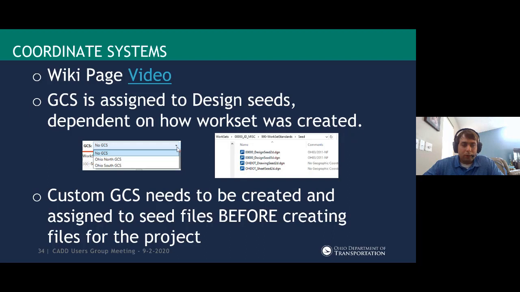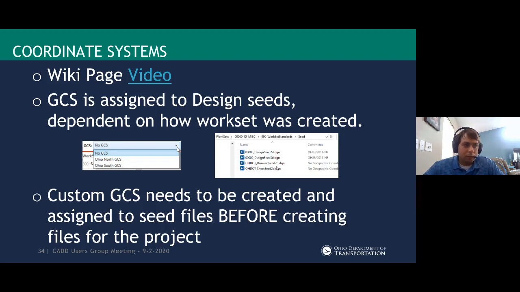Now, typically, workflow-wise, you're not really going to create one of these design base maps until you have survey, because you can't do much until you get the survey files. So I'm hoping that people don't run into this, but I just want to make that clear. You don't want to just start your project and willy-nilly start creating all your files before you are ready to start design, because you could run into that issue where those files don't even have the right coordinate system for that project set.